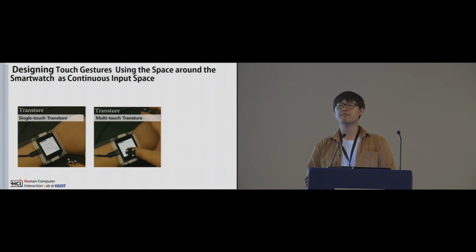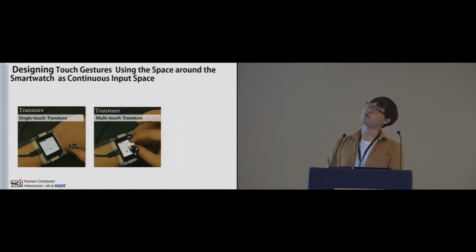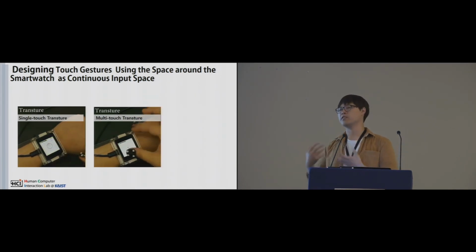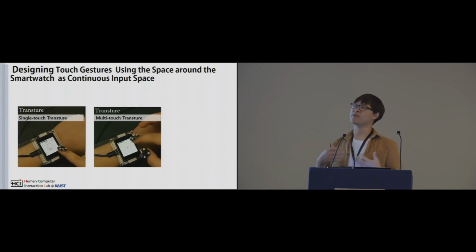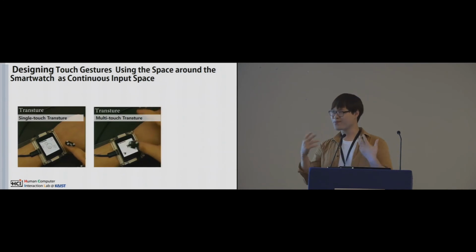I have a question about your prototype right now, which uses an OptiTrack system to track the movements. So I just want to see what your plan is for future work to get rid of OptiTrack, and how you're going to track the finger movements. Later on, if you want to walk in the street, you don't have the OptiTrack system with you. So how are you going to do that? Yes, actually, we did not do a tracking system, but we anticipate that if the technology gets better, the transistor is useful for smartwatches.